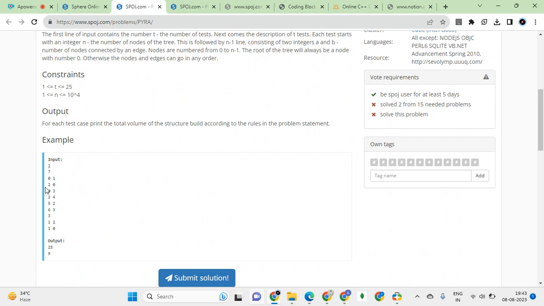Now let's move towards that. I think we got it. Yeah, so let's see now. 0, 1, 2, 3. 1 has nothing. 2 has 4, 5. 3 has 6. So this is the same example which is given above, and we were calculating for that actually. So yeah, we can see that. Look, listen.